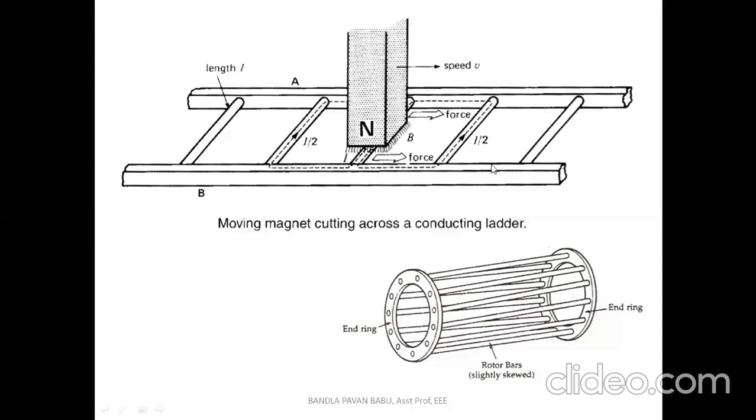Because these conductors are shorted here, since the rotor circuit is closed, there exists a current. Unless the rotor circuit is open, there will not flow any current, but only an EMF exists. Whenever the rotor circuit is closed, there is current flow in the circuit. So obviously, when the rotor, here the ladder, draws the current, it also produces flux.